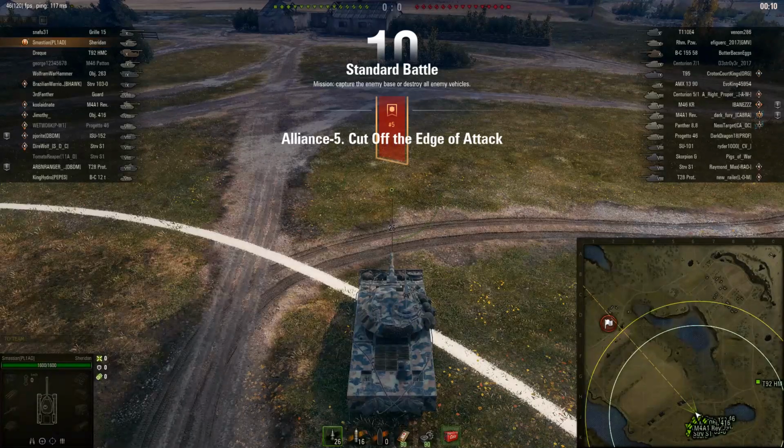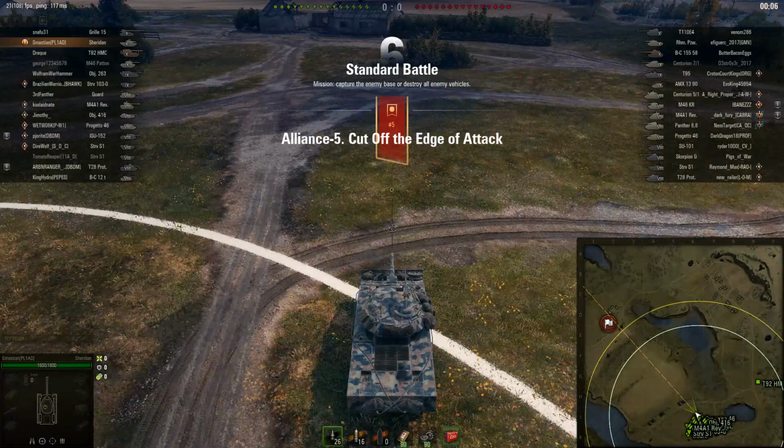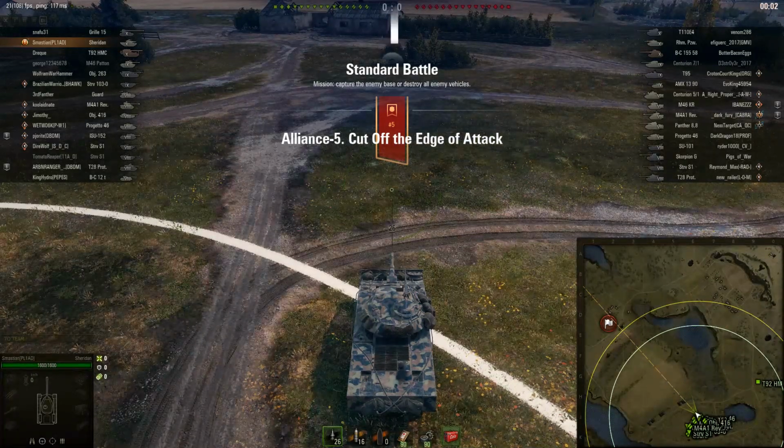Alright, Smastian here, presenting you a 3-round light tank showcase in three different vehicles. The first of which is going to be the Sheridan, followed by the AMX 1390, and then the T92 Light. And overall, I hope to show what kind of gameplay you should be aiming for when playing in a light